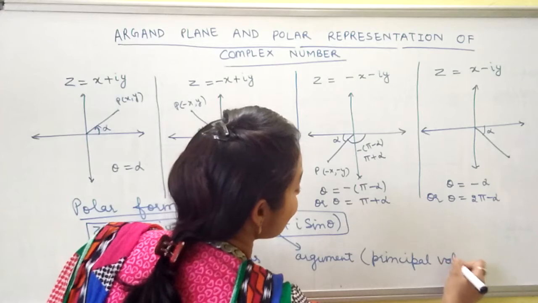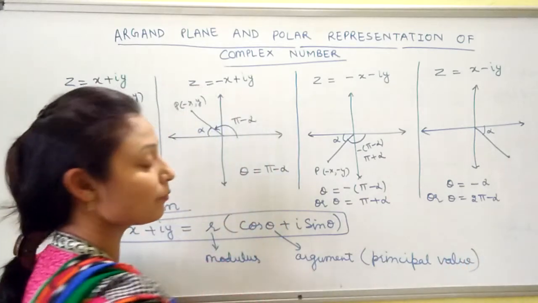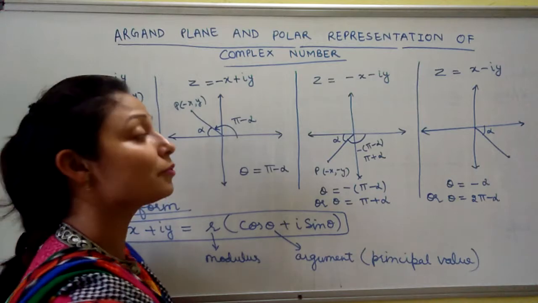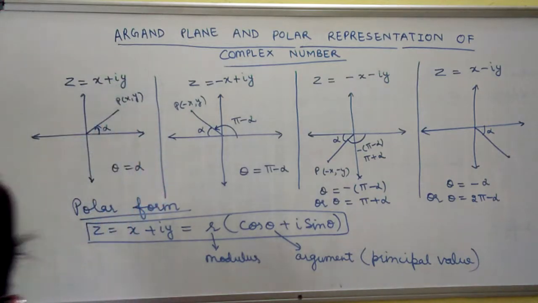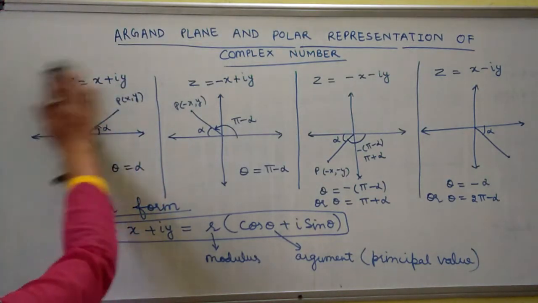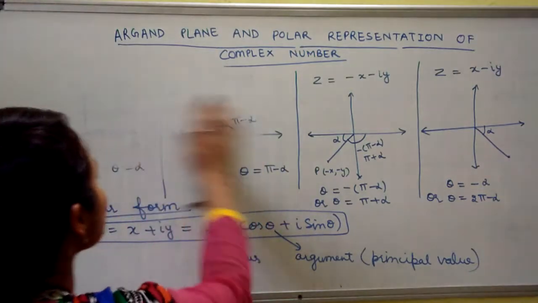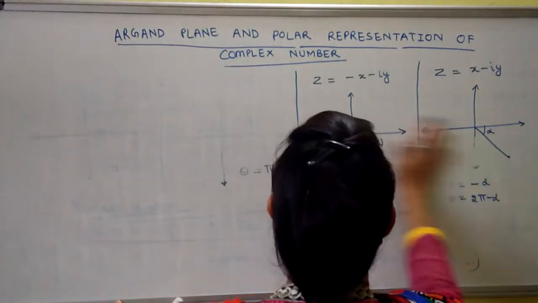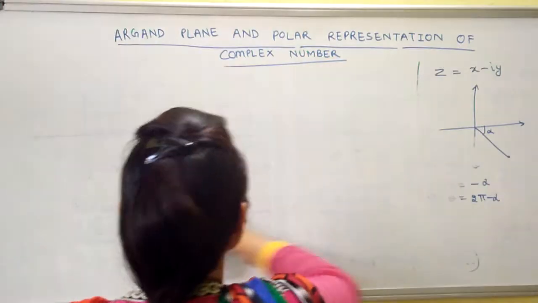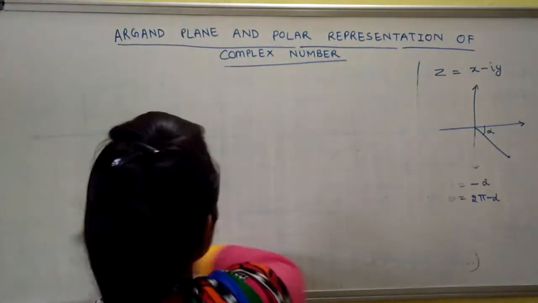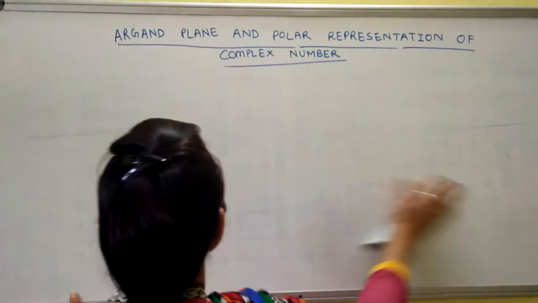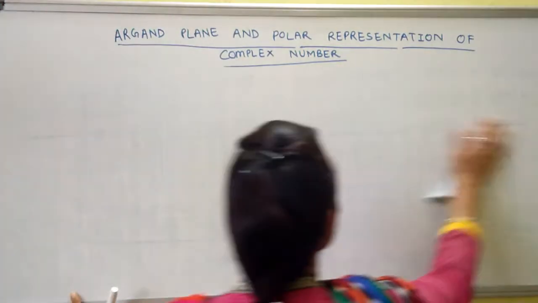Okay, so we will take the principal value of the argument if it lies between minus pi and pi. To come to the questions, the concept will not be understood if the questions are not there, if it is not explained by using examples. So I will do the examples for all of you. We have two questions.